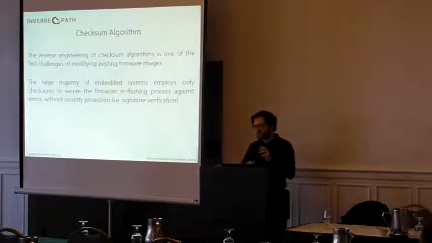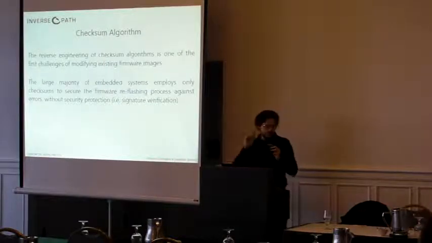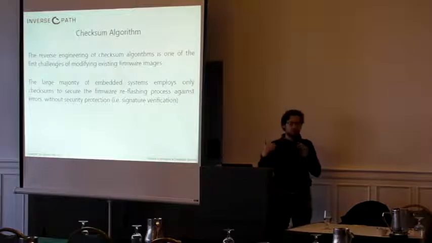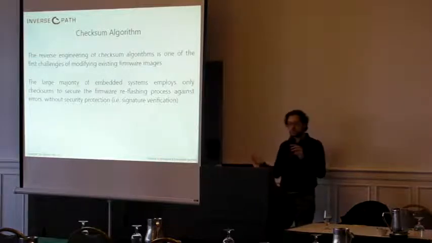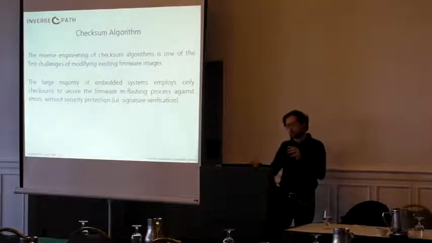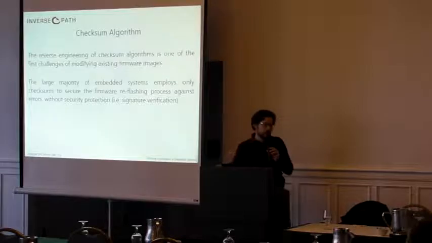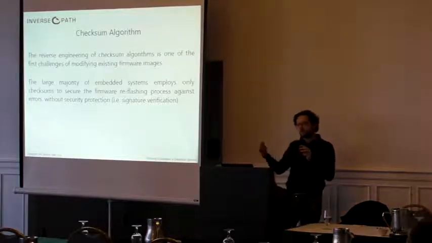The first thing that pops up is reverse engineering the checksum algorithm of the images that you have. If you do that, then you can either use collisions in order to create your own custom firmware that will have exactly the same checksum, or you can modify the firmware along with the checksum. We always favor the collision